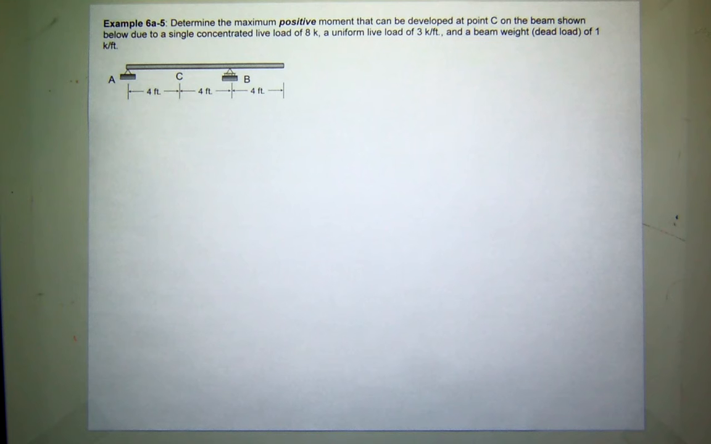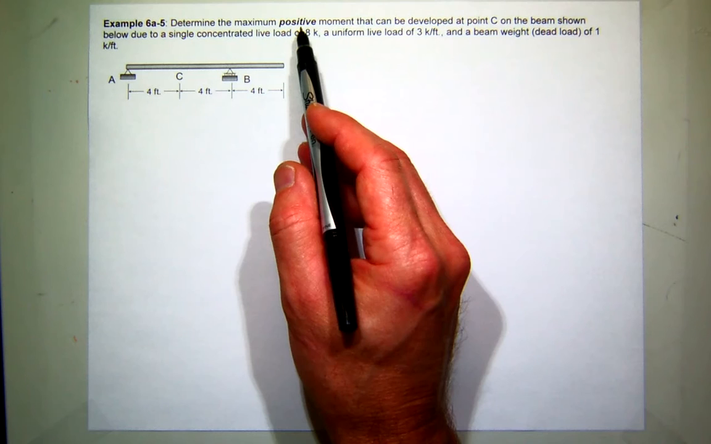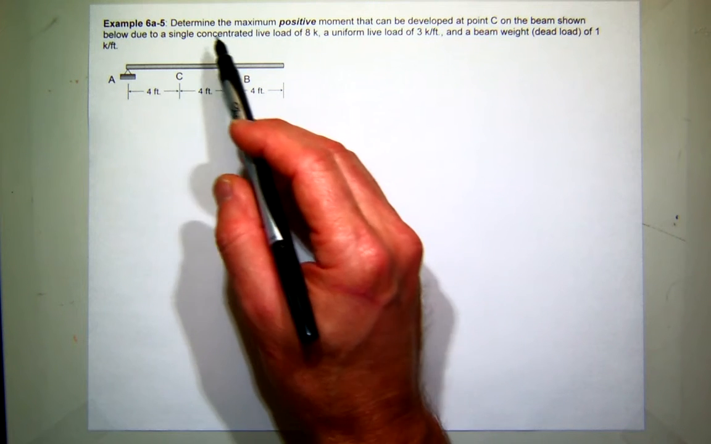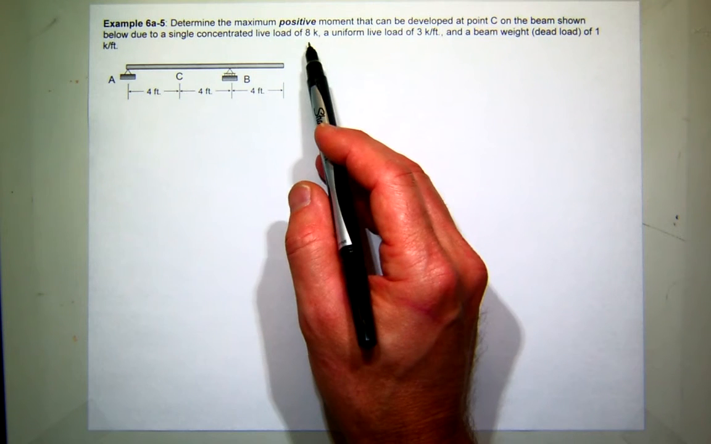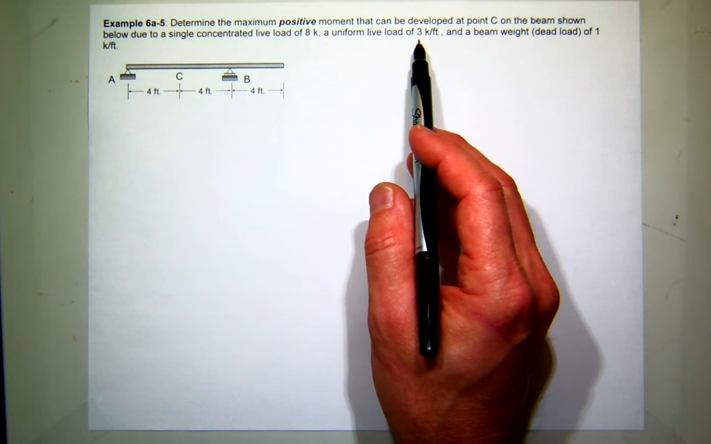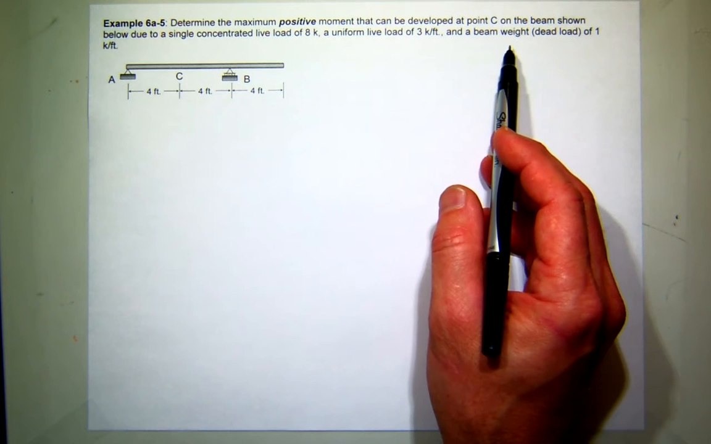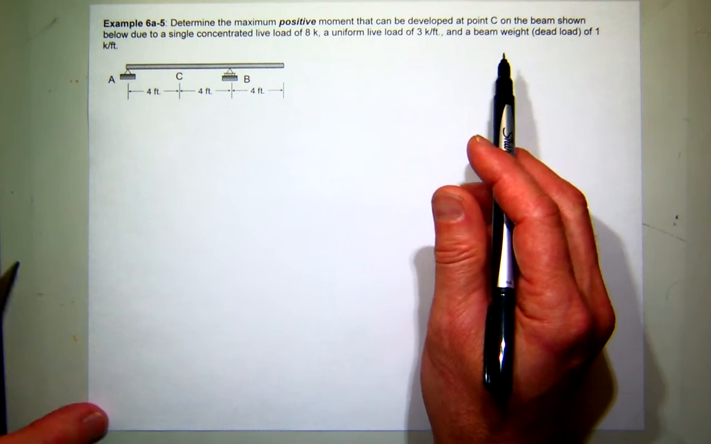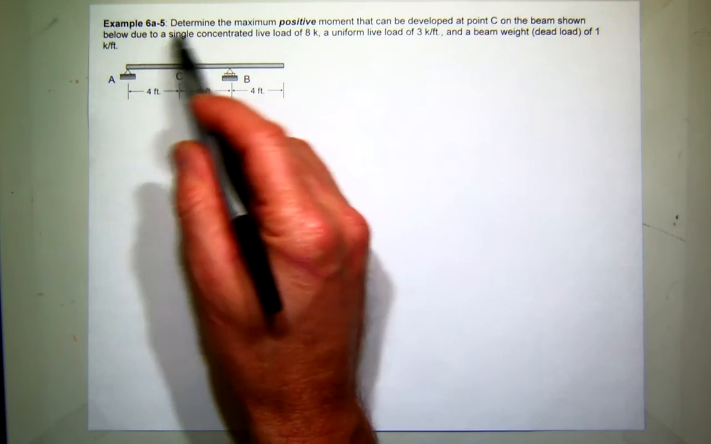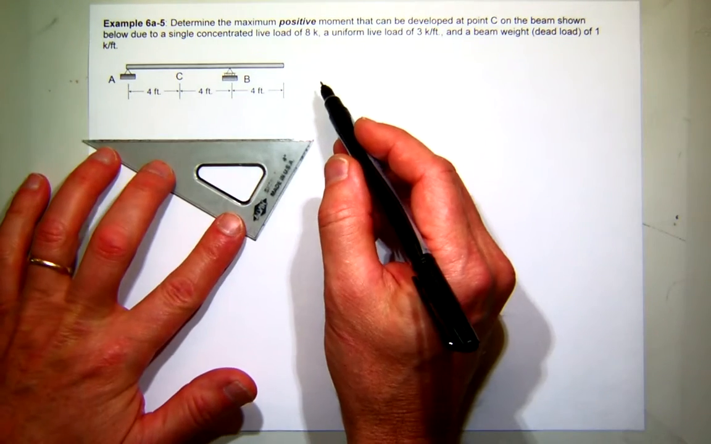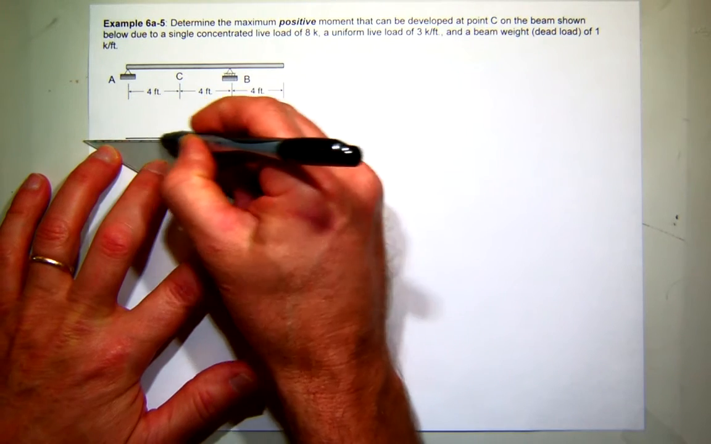Computer is very erratic. Find the positive moment that we develop at C for a host of loads. First, there's a single concentrated live load of 8 kips, a uniform live load of 3 kips per foot, and then the beam has some weight, which is a dead load of 1 kip per foot. So the first thing we need to do is draw the influence line for this structure for the moment at C. So to help us visualize that, I'll redraw it with our